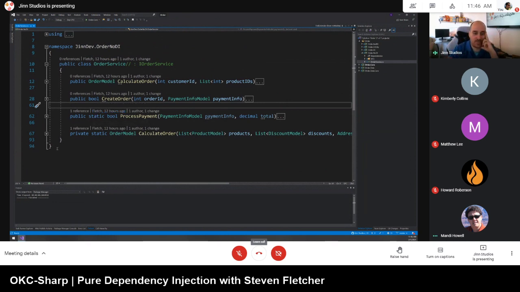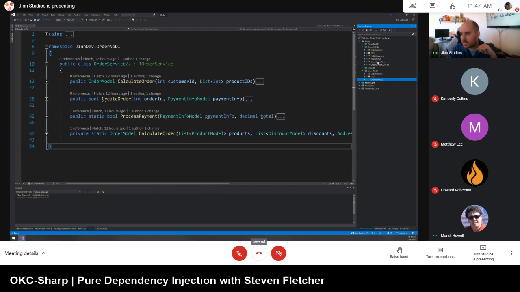You can see that this is 94 lines of code inside of the order service. A lot of it doesn't belong in here. Process payment doesn't belong in here. The stuff related to FedEx really shouldn't belong in here. So I'm going to show the order domain, no DI,